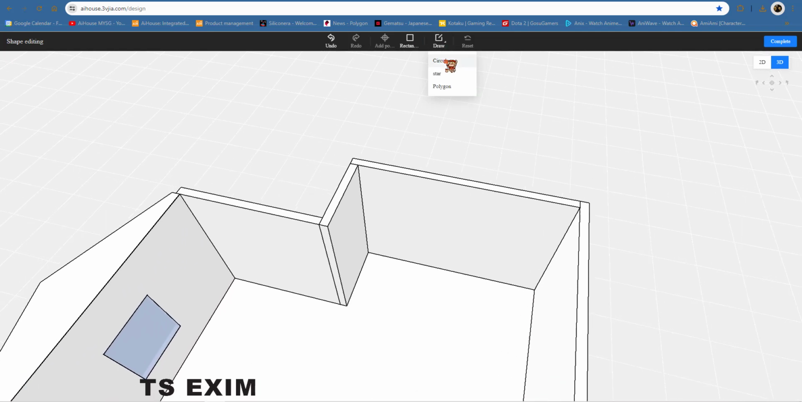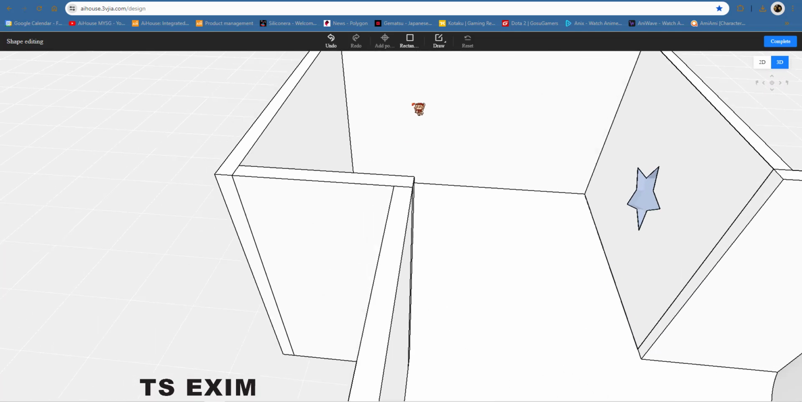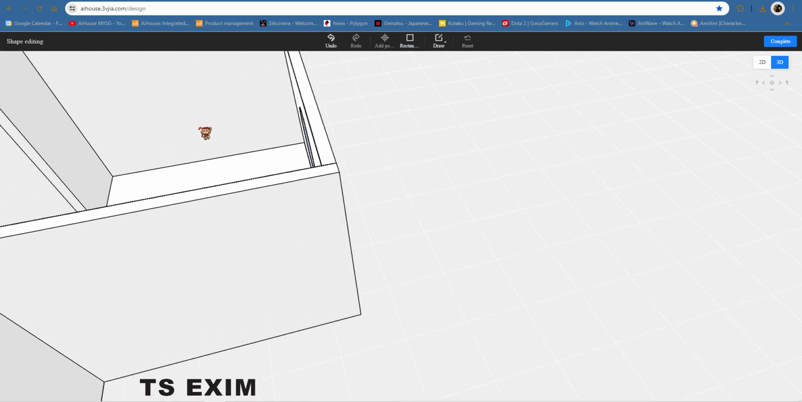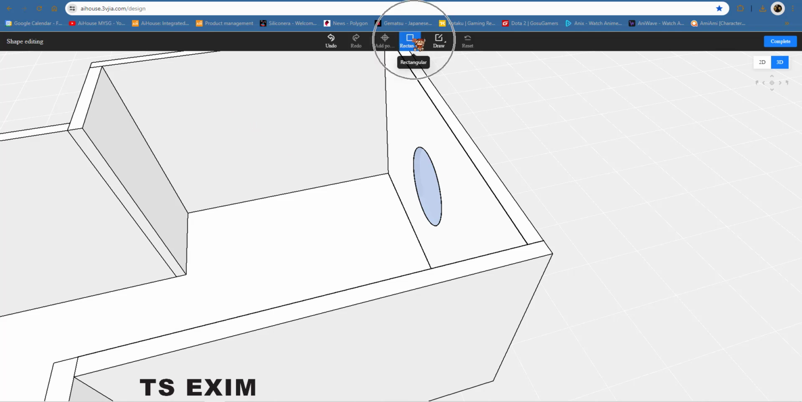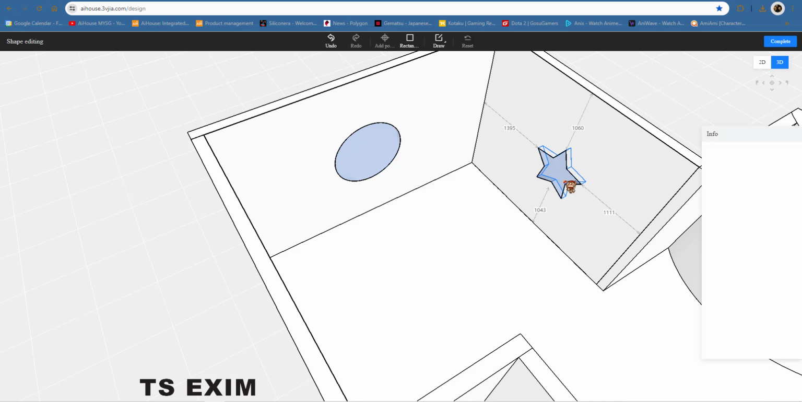Then I draw a circle also. Circle. So just left click only, or rectangle. Left click, left click. Alright. So when you select this one, as you can see, you can budge or you can